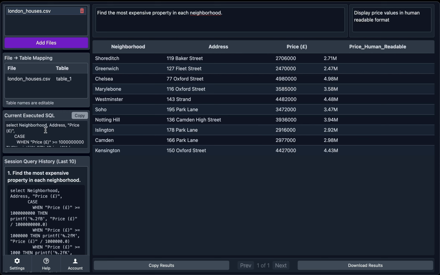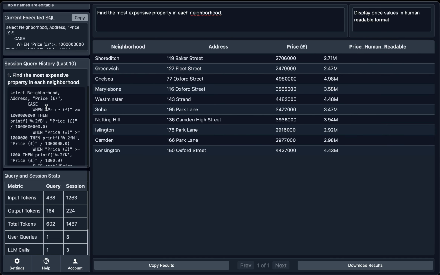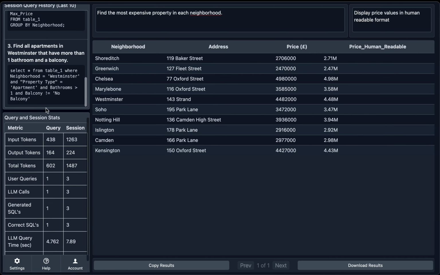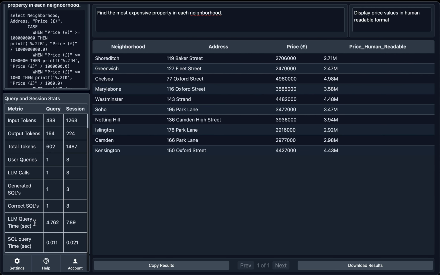them by hand. The second panel, titled Session Query History, shows last 10 questions that you have asked along with the respective SQL queries it generated. These are sorted in latest first order. Finally, the last panel, titled Query and Session Stats, shows various stats associated with the current question that you have asked, and all the questions that you have asked in this session, whether today or any other day in the